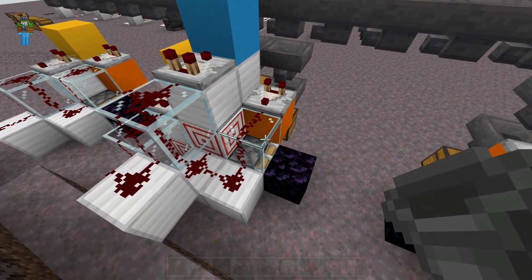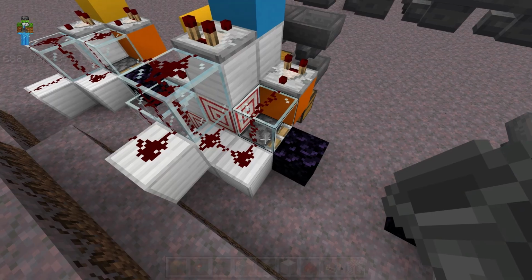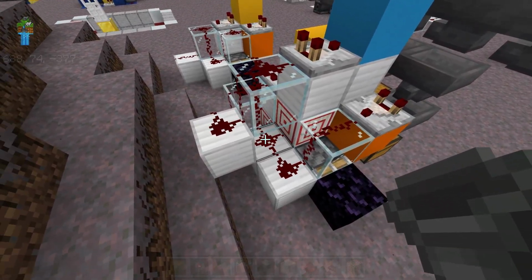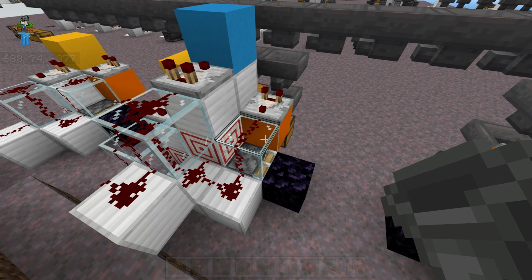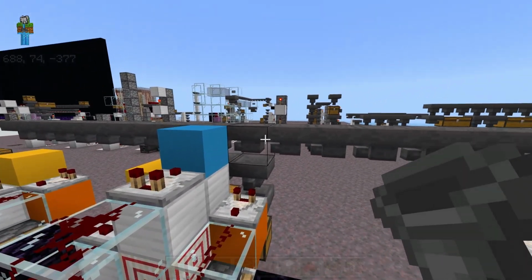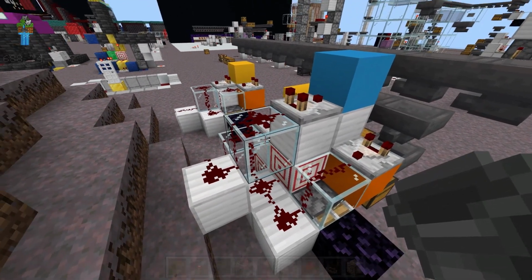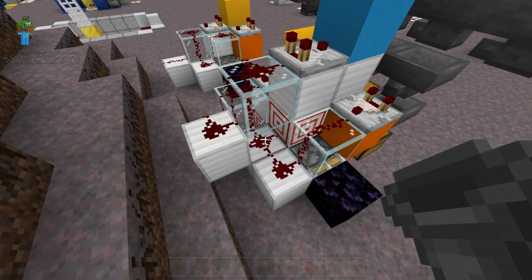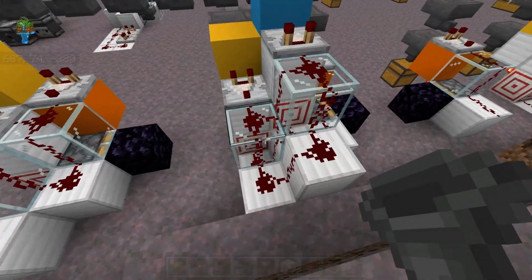Except that, okay, so we have a non-overflow protected sorter right here. So generally, it won't get above a signal strength of 2 unless it overflows. If it overflows, it will reach a signal strength of 3, which will break the non-stackable item filter next to it. So you can put these next to each other, but if it overflows, it will not only break itself, but it will break the adjacent non-stackable item filters.